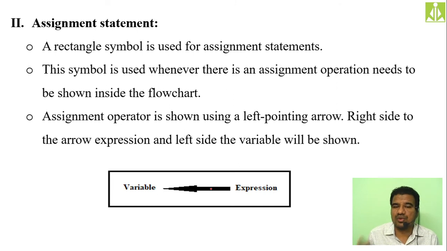And in between the value and the variable, we put an arrow mark, and that arrow mark shows the flow of data from the value. The value will be sent to the variable, so the arrow mark points in this direction. Over here, you can even put the value or the expression, and it moves in this direction and finally gets stored inside this variable. So remember this assignment symbol. Whenever you perform some assignment of value inside your flowchart, we have to use this assignment statement.